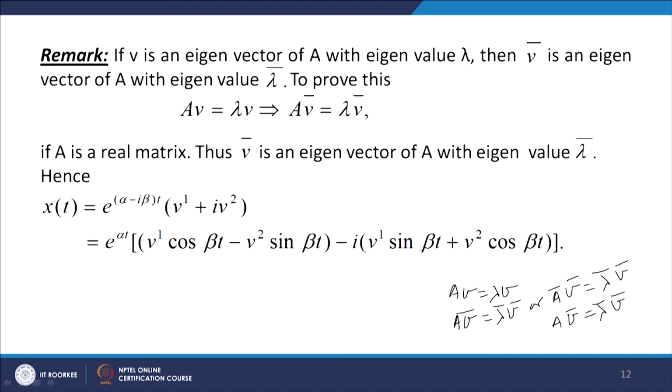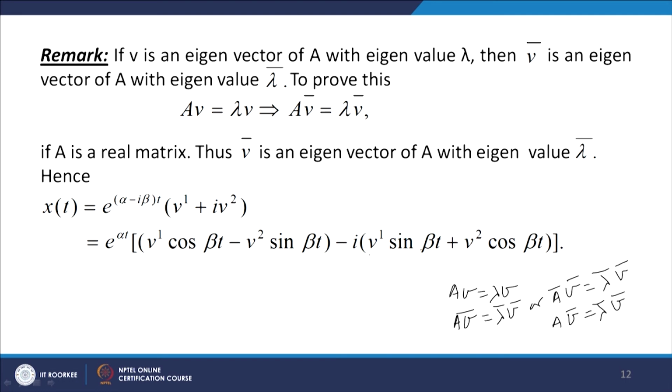So, we do not get any new solutions corresponding to the eigenvalue lambda = alpha - i beta. We get the same two real valued solutions as in the case of alpha + i beta. The real valued solutions in the case of alpha + i beta were e^(alpha t) [B1 cos beta t - B2 sin beta t], and here we had e^(alpha t) [B1 sin beta t + B2 cos beta t]. We know that if x(t) is a solution, C x(t) is also a solution. So, the minus sign does not give us any new solution.